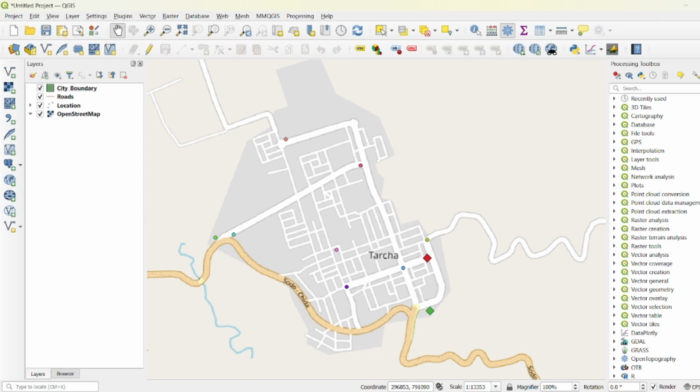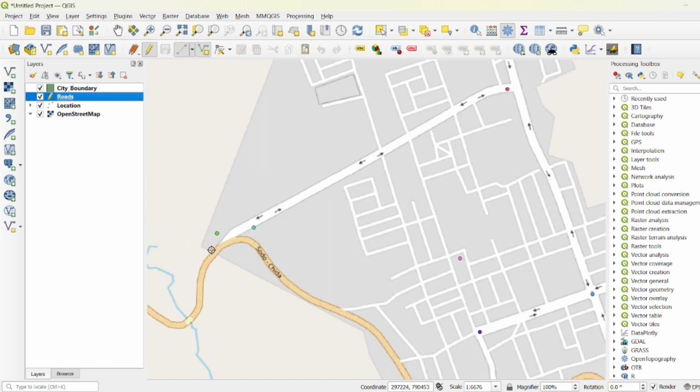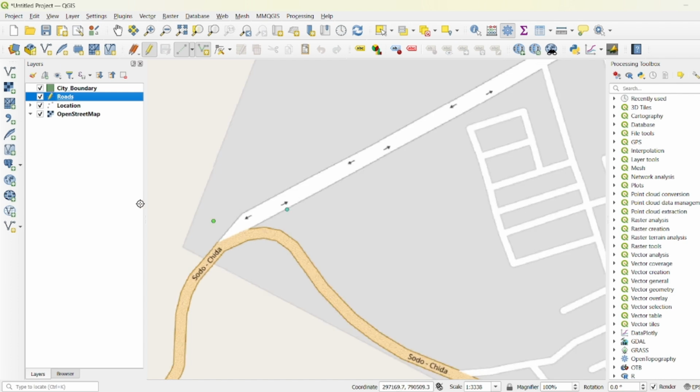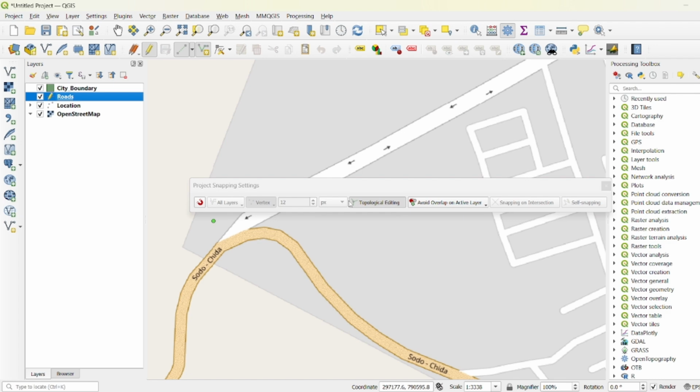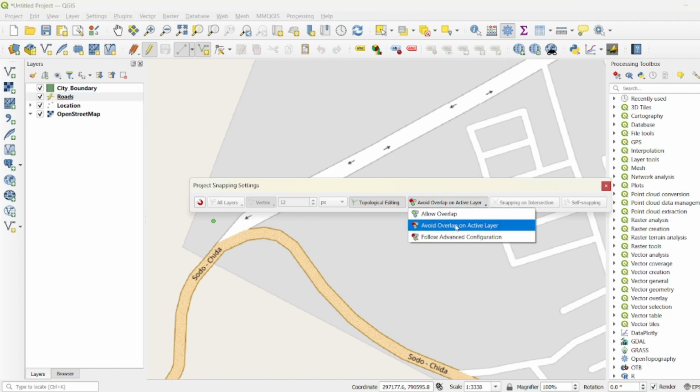Now the next step is to create the line features. Now you have to click on roads, then toggle editing on, then click on add line feature. Then I have to digitize starting here. If you want to minimize the errors during digitization, you can click on the snapping option, which is important to minimize the errors during editing. You can select here avoid overlapping and